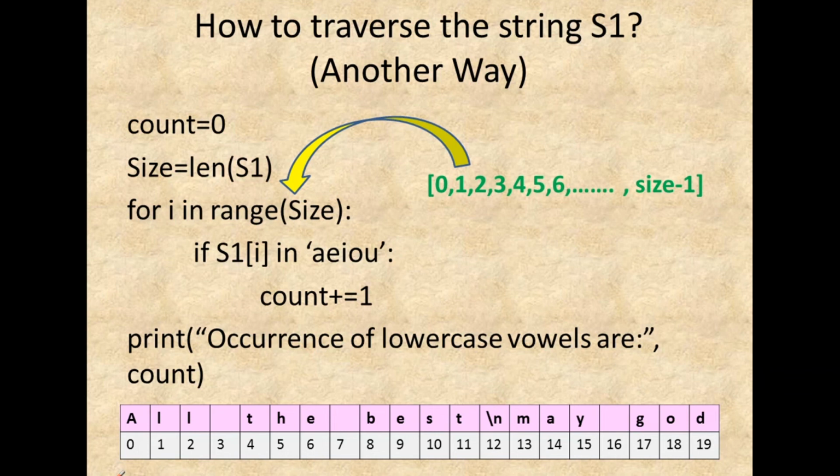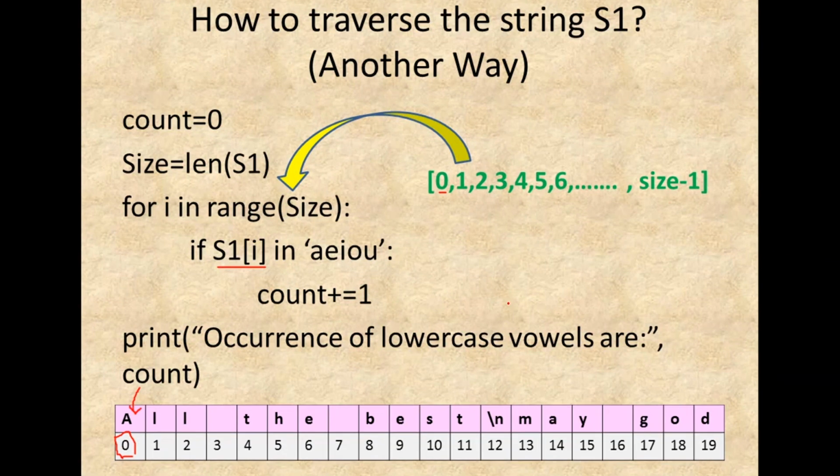So here the index numbers are starting from 0. I am going to go by this index number. So here you can see I am not comparing directly the value. I am comparing the name of the array, which is the name of the string, followed by the index number. The index number is starting from 0. So what is there at the 0th index? At the 0th index, now I am comparing with the help of the index numbers. At the 0th index, what is stored in S1? Because it is capital A, it is not matching these small alphabets. These all are small because I want to count for the small alphabet, small vowels.